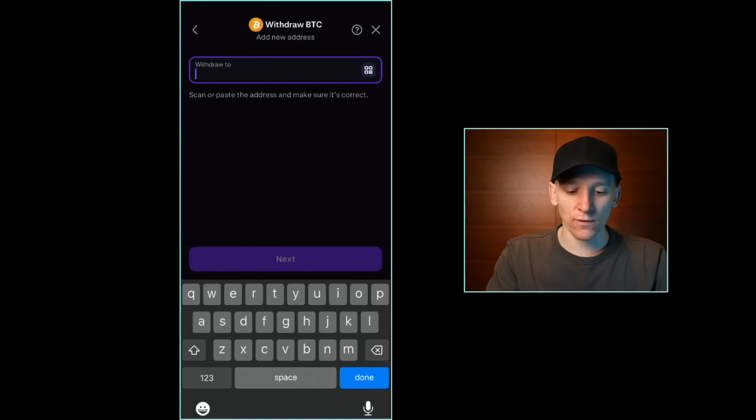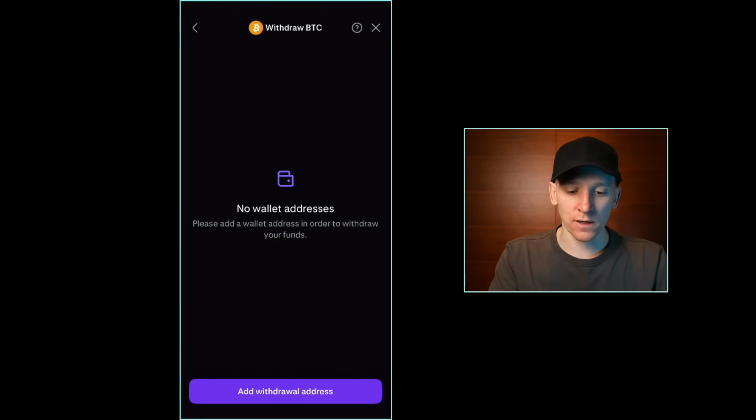Once you've added this in, go to next, and then they're going to send you an email to confirm that you want to add this address. Go and confirm that. Once you've added the address, go back to this page here. You'll see the saved address and the nickname that you've given it, and then you can press that to withdraw